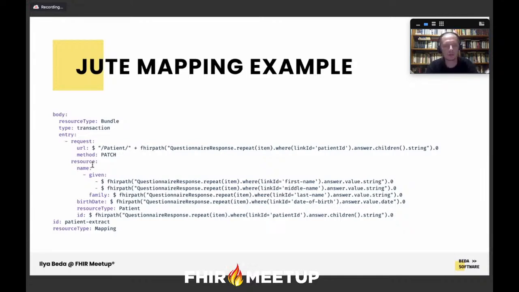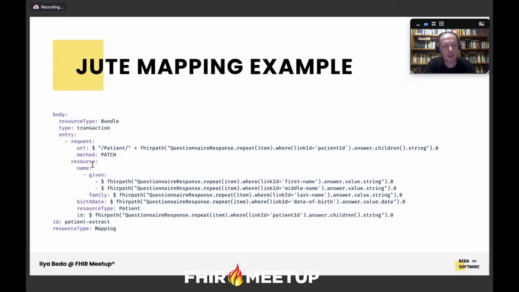You just create a shape of the resource and inject data like in placeholders using tools like FHIRPath or direct object attribute access. So this is how we create